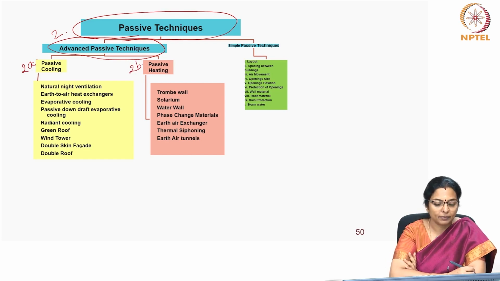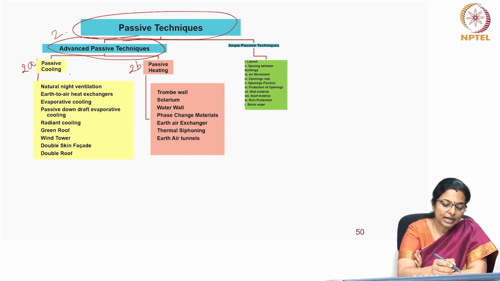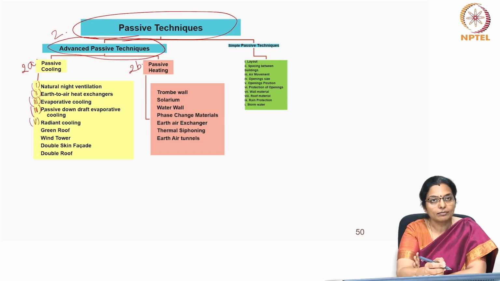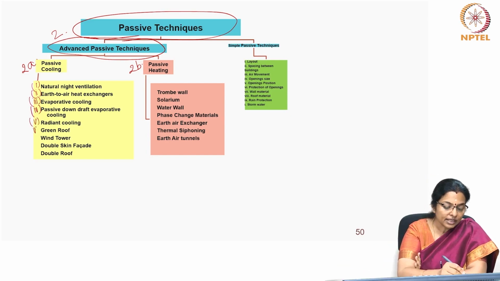Passive cooling comprises natural night ventilation, earth to air heat exchangers, evaporative cooling, passive downdraft evaporative cooling, radiant cooling, green roof,